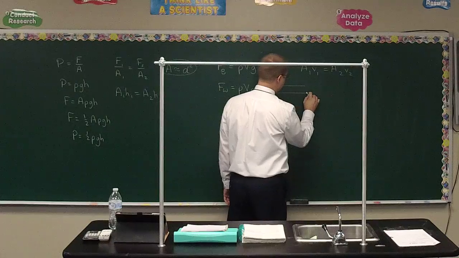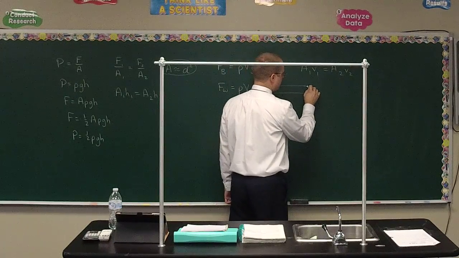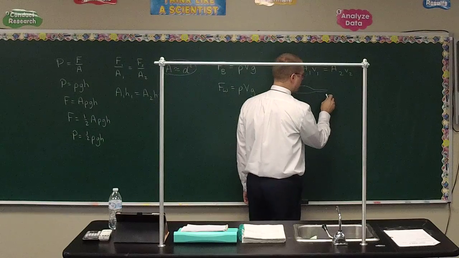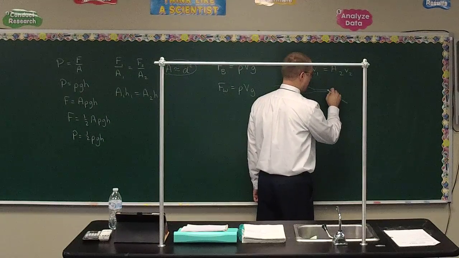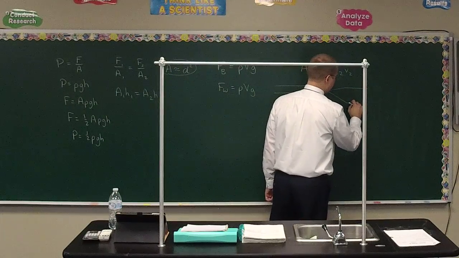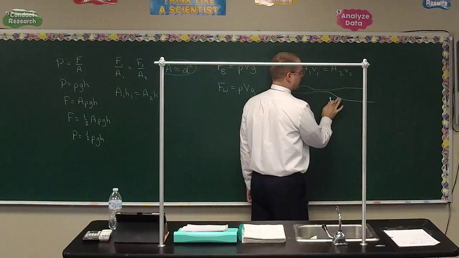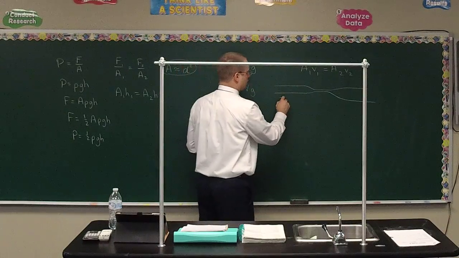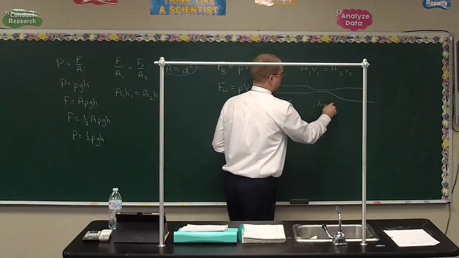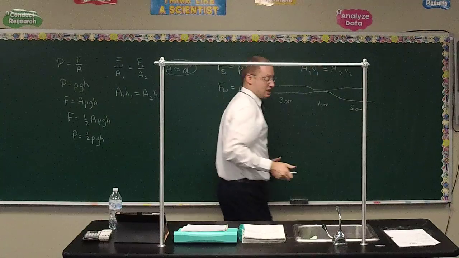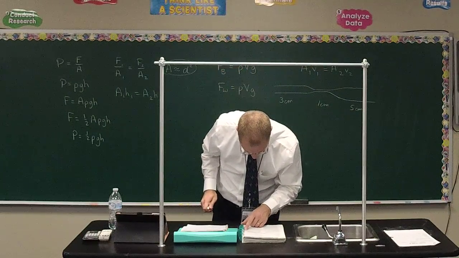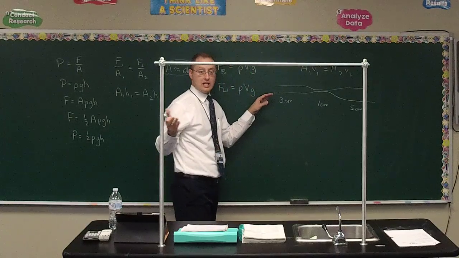All right, so we've got 3 centimeters in diameter, and the pipe's going to narrow down to only a single centimeter diameter, so a nice narrow piece of pipe, and then it widens back out to 5 centimeters in diameter. This is maybe a little exaggerated here, maybe something more like that. But it widens back out to 5 centimeters. And the question is, how fast is the water going to go through each of these sections? 3 centimeter, 1 centimeter, and 5 centimeter. And of course, it tells us that in the starting section, the 3 centimeter pipe, the water is flowing at a rate of